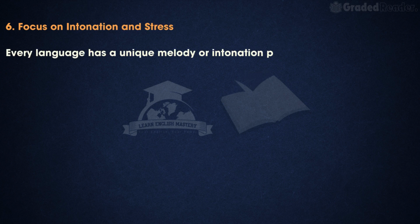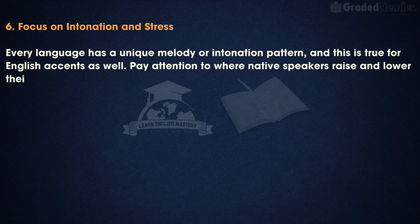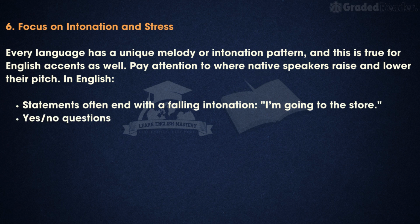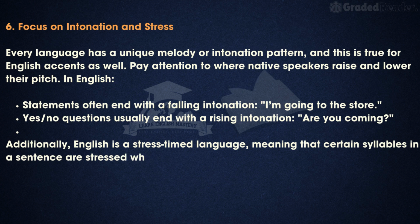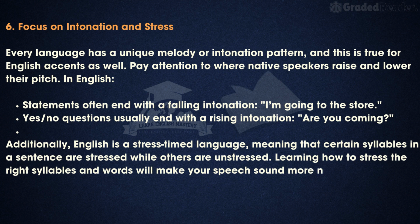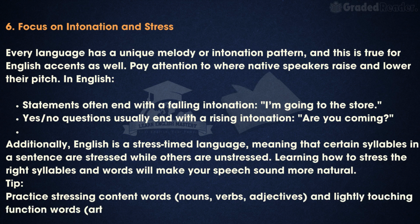6. Focus on intonation and stress. Every language has a unique melody or intonation pattern, and this is true for English accents as well. Pay attention to where native speakers raise and lower their pitch. In English, statements often end with a falling intonation. I'm going to the store. Yes/no questions usually end with a rising intonation. Are you coming? Additionally, English is a stress-timed language,